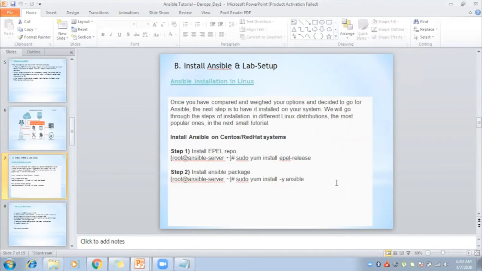CentOS is free, and Red Hat is also free, but a subscription is required, either from Satellite or from another Linux server that is configured as a repository.